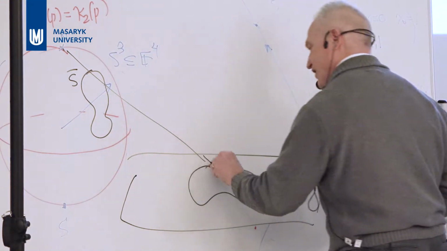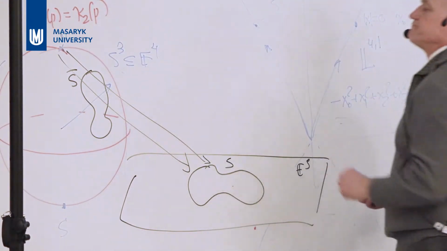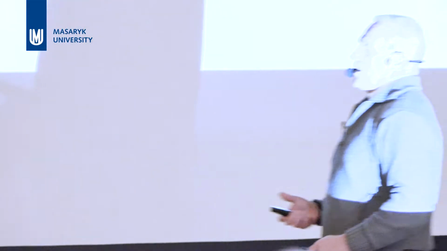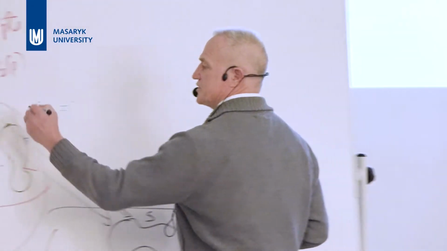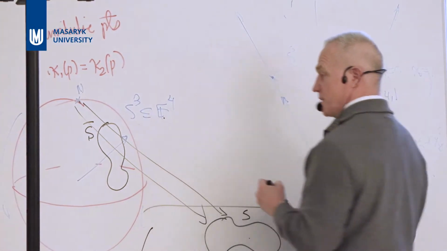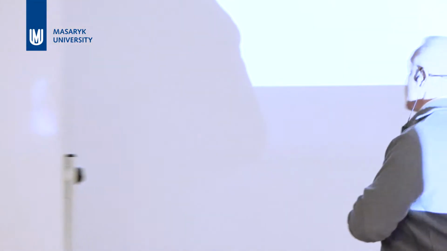So this gets stereographically projected down here. Then it turns out that, of course, S bar sitting inside the 3-sphere, which is sitting inside 4 space, S bar has a